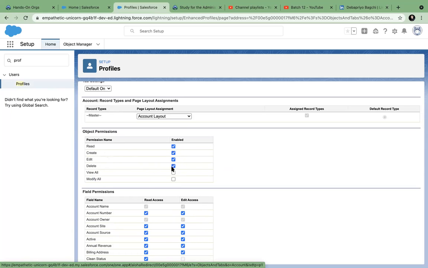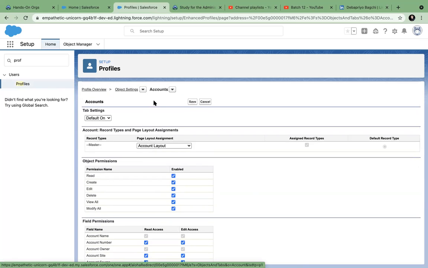So what can an owner do in this table? Can he look at his data where he is the owner? Can he create new data wherein he's the owner? Can he edit data where he's the owner? Can he delete data where he's the owner? Can I see others' data? Yes, I can. Can I modify others' data? Yes, I can. Clear?